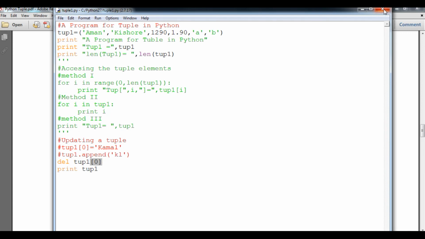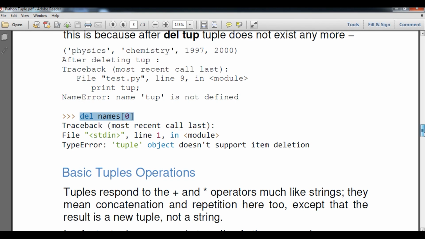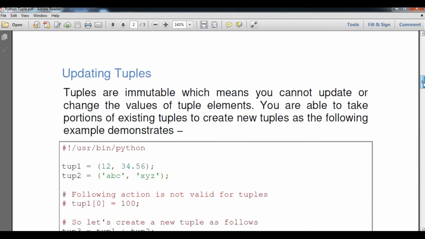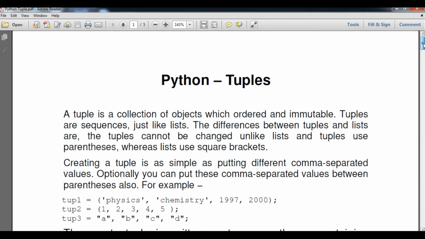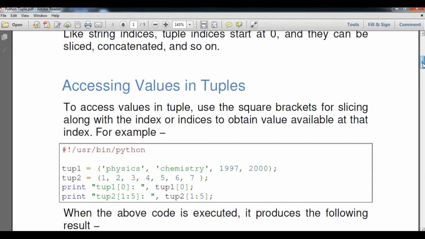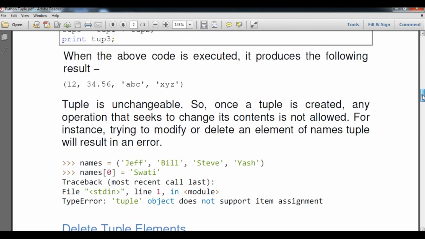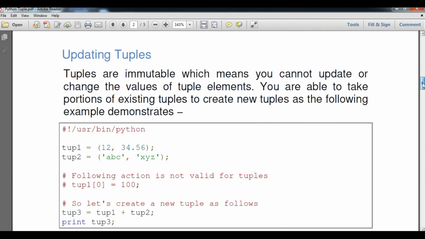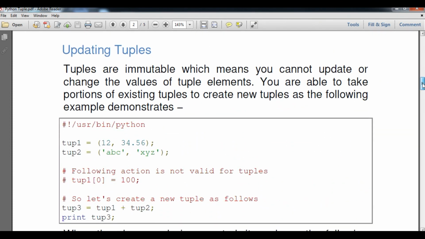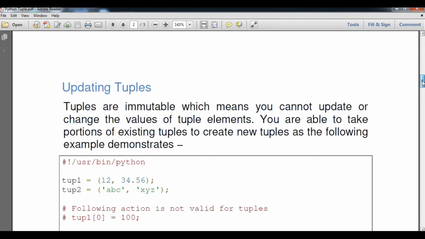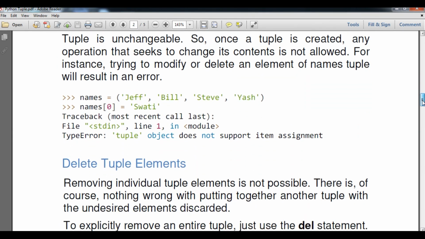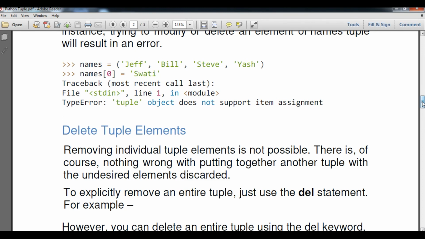Okay students, we have learned today how to declare a tuple in different ways: empty tuple, comma, mixed way. We have understood how to access a tuple by three different methods, and we have understood that it is not modifiable, it is immutable. We can't update the tuple, and we can't delete an element of a tuple, while we can delete the whole tuple. So students, you have understood it. Till then, students, thank you and have a nice day.